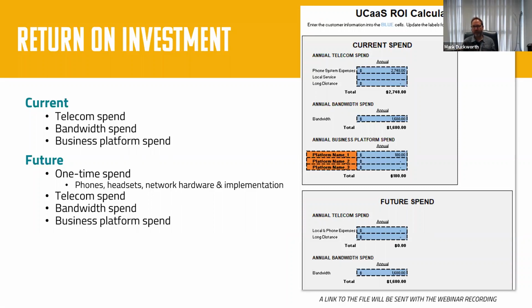Then what we're going to do is put together a UCaaS quote. We're going to put together a new bandwidth quote. We're going to consolidate anything that's not needed anymore. We're going to get rid of all those analog telephone lines, that PRI circuit, those Zoom meetings, those GoToMeeting licenses, all that stuff. We're going to get rid of all that in this future spend, and then we're going to show them very clearly in black and white: here's what your spend looks like today. We're going to modernize your technology, and here's what your spend is going to look like in the future.